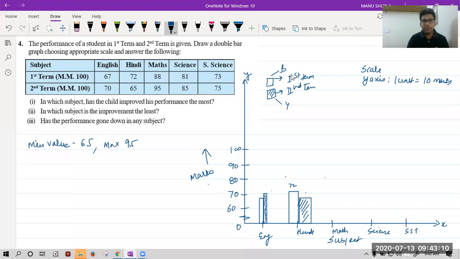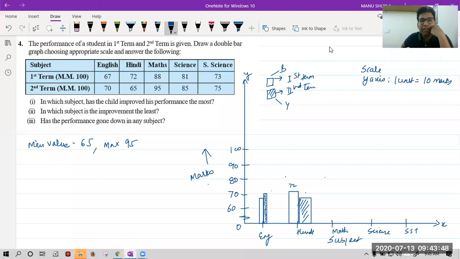Now it is asking in which subject the child performance has improved the most. Please tell me, while seeing the bar graph, can you tell in which subject the performance is improved the most? In maths, obviously in maths it will improve. So it is 95 because your brain level is increasing. You have improved very good in maths. Okay. Next is, yes, Mokshita, you can use, no issue. In which subject improvement is least? In Hindi. Okay, because we are not taking Hindi seriously.